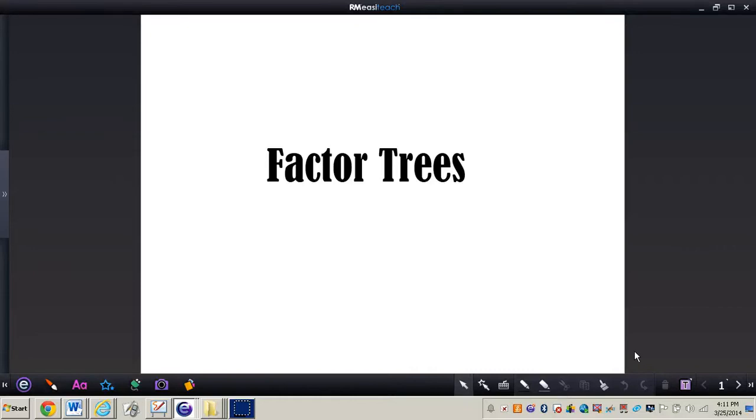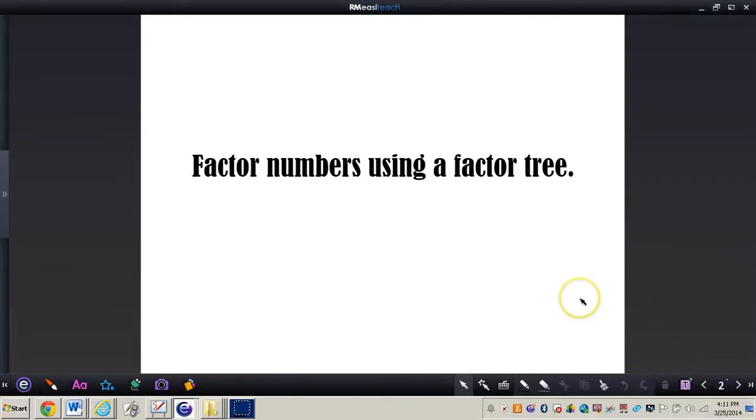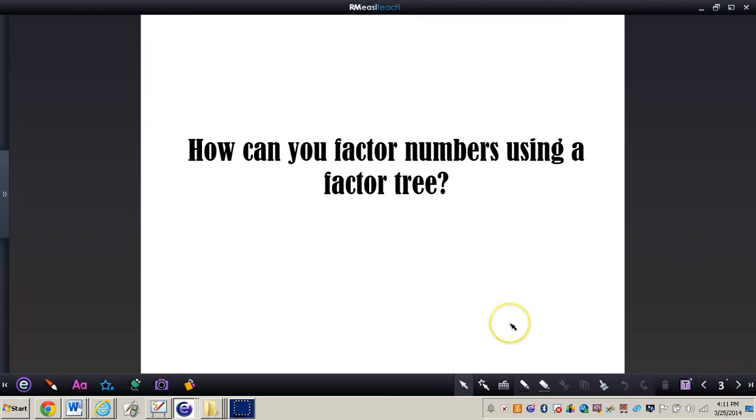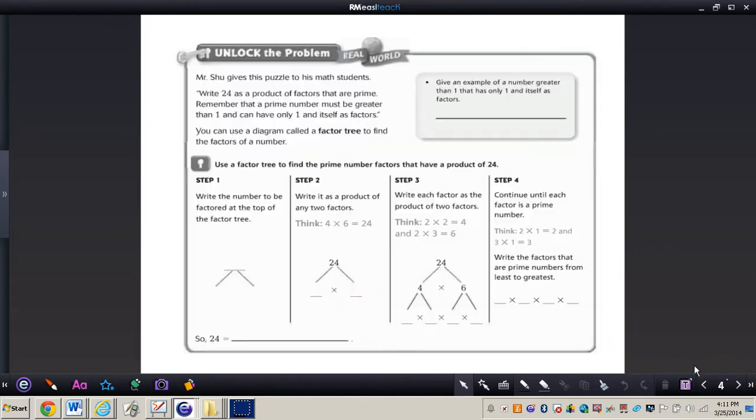In this video, we're going to be taking a look at factor trees, and the goal for today is to be able to create or find factor numbers using a factor tree. The essential question that we want to answer is, how can you find factor numbers using a factor tree? So the first thing we are going to do is turn to page 249 in your math book,